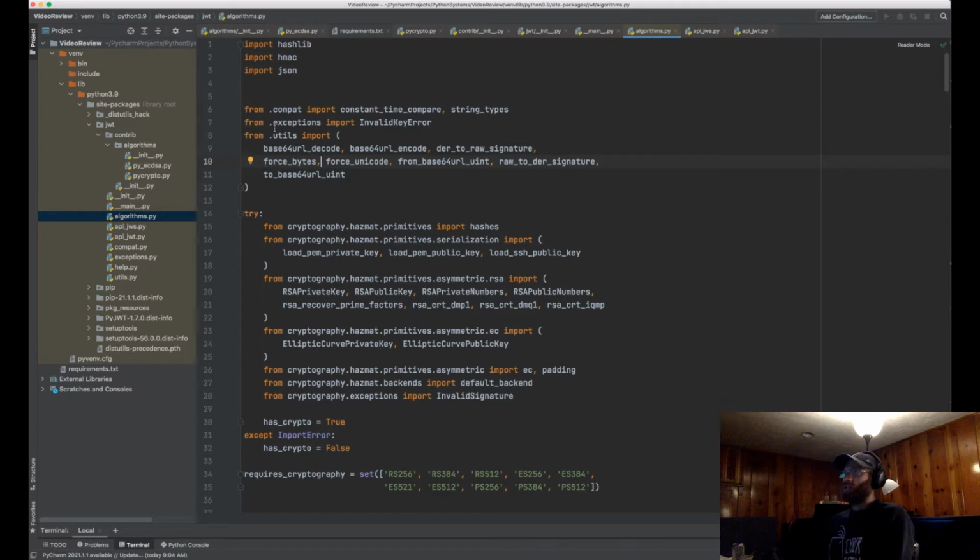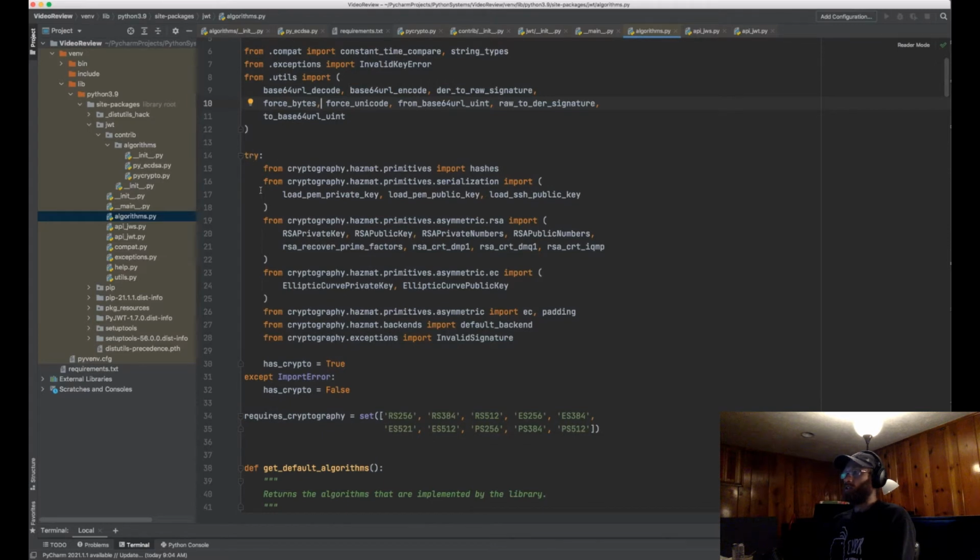So anyways, from .utils import force_bytes, force_unicode, from base64url_uint, raw_to_der_signature, to_base64url_uint. Then, still inside the import section, it's going to try and import from cryptography.hazmat.primitives import hashes, from cryptography.hazmat.primitives.serialization import load_pem_private_key, load_pem_public_key, load_ssh_public_key, and then from cryptography.hazmat.primitives.asymmetric.rsa import